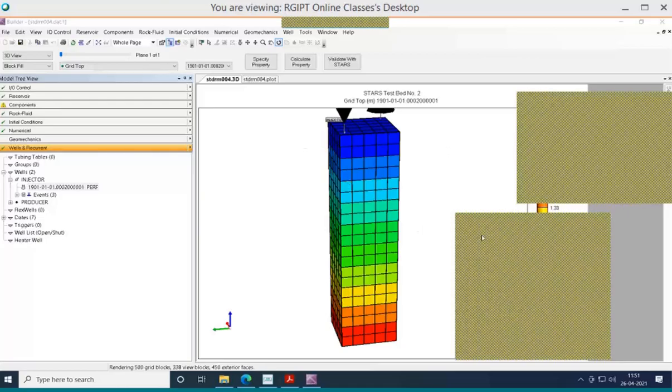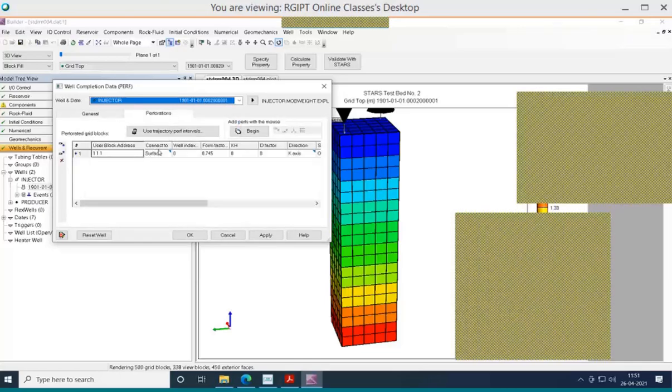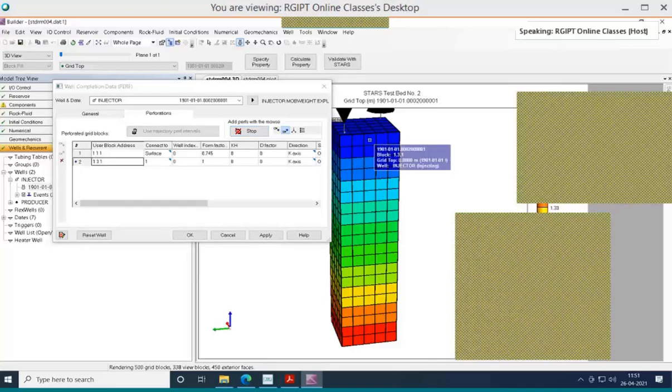For SAGD, what we have to do? Let me change it into SAGD. Injector, perforation, begin. 111, it is already there. 2, 3, 1, 111. Okay.